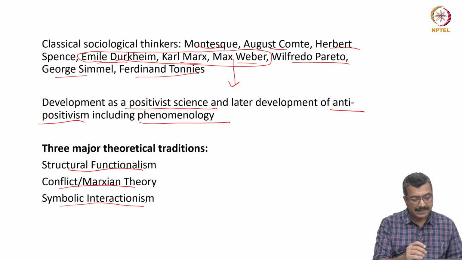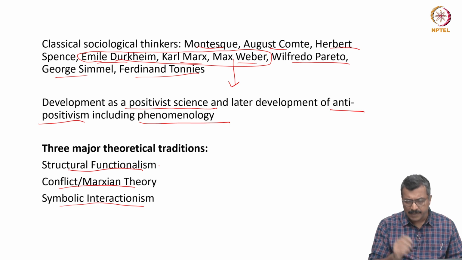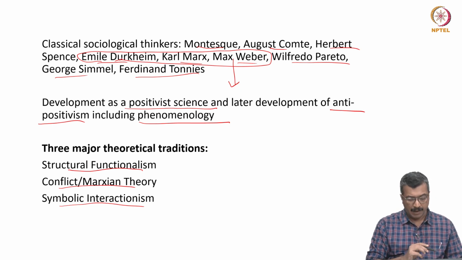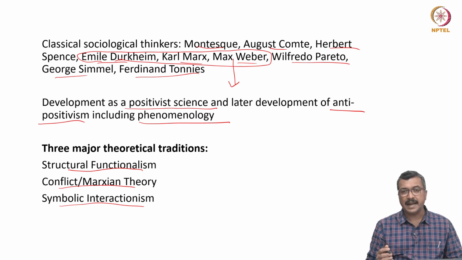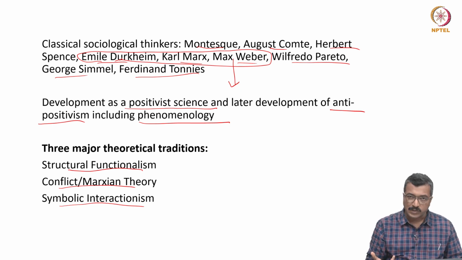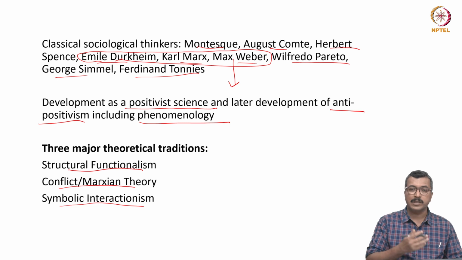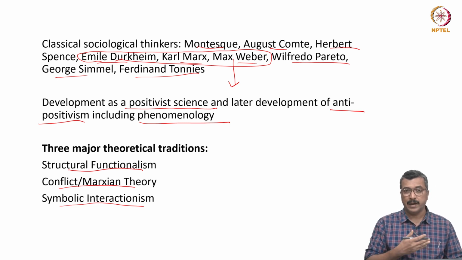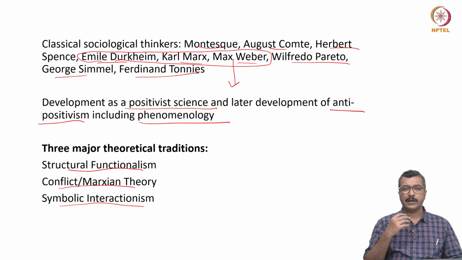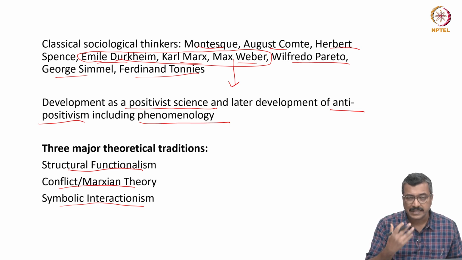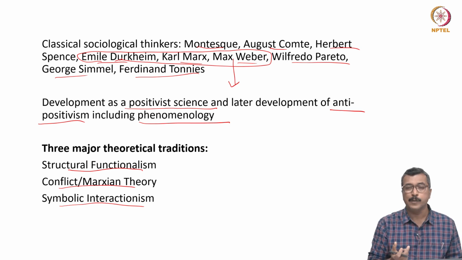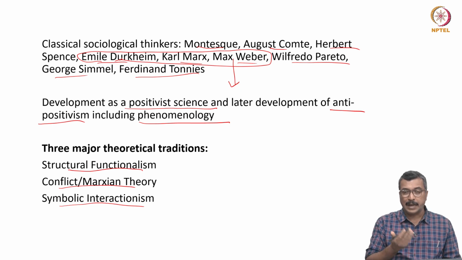But basically, structural functionalism emerged from the writings of, say, Spencer and Durkheim, and tries to understand the social structure of a society and how a particular social structure contributes to a particular kind of functioning of the society. In other words, they try to understand what holds the society together, or how a society attains a kind of equilibrium or stability.